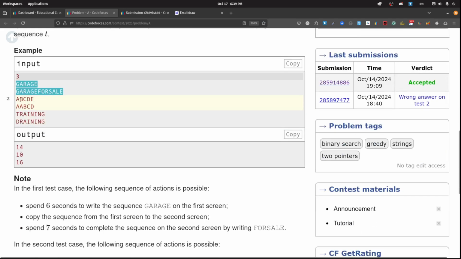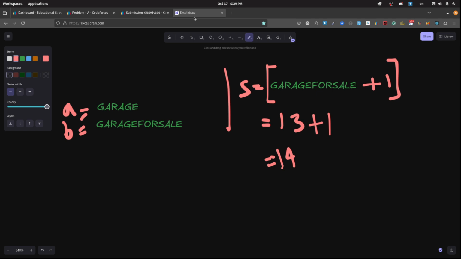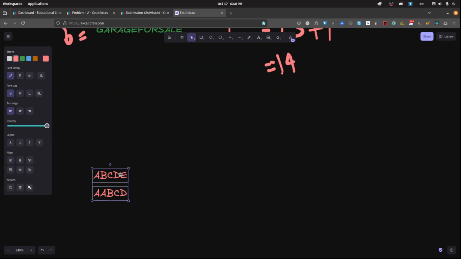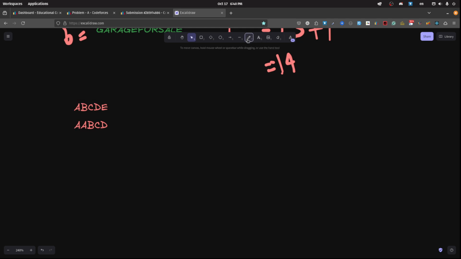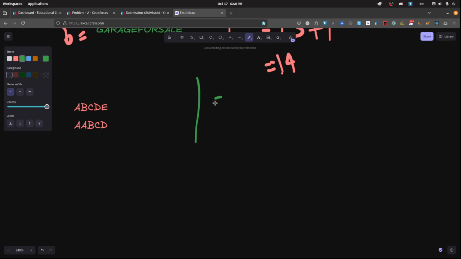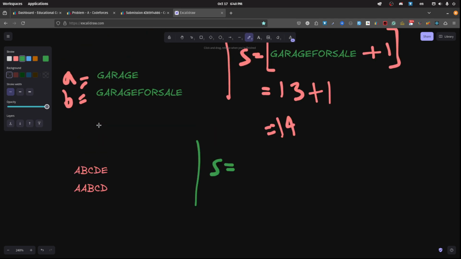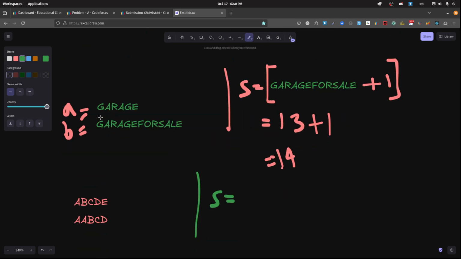So here 14 is my answer. For example, if I take the second test case, what does it basically say? I also have to write another screen. For example, this is my final string s, and initially I have to take the common characters from them. Since I do the same thing here, just taking the common characters in both